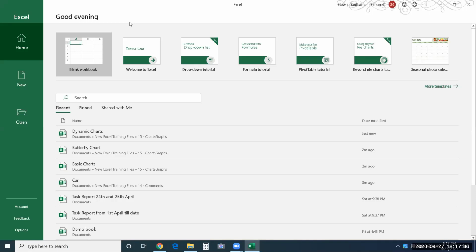The advantage of using this Office 365 is any update to the software, the first thing that will appear here is in Office 365 because it's an online version. It's a subscription version. It easily gets updated, whereas the one that you have purchased, suppose let's say you have 2016 or 19 version installed on your system, you have to update it manually, and for any new updates you have to keep checking and you have to update it, but that's not the case with Office 365. So this is the difference between subscription version and the one that is purchased and installed in your system.